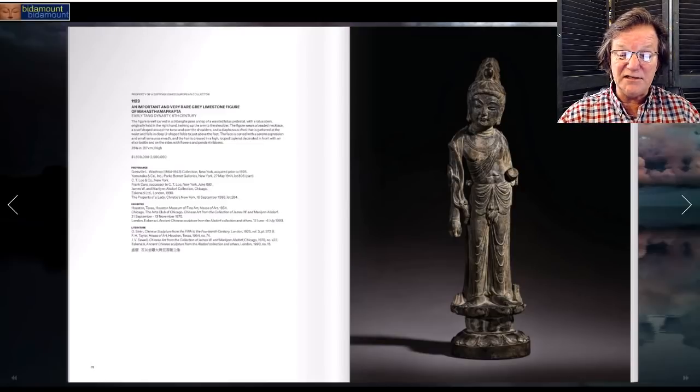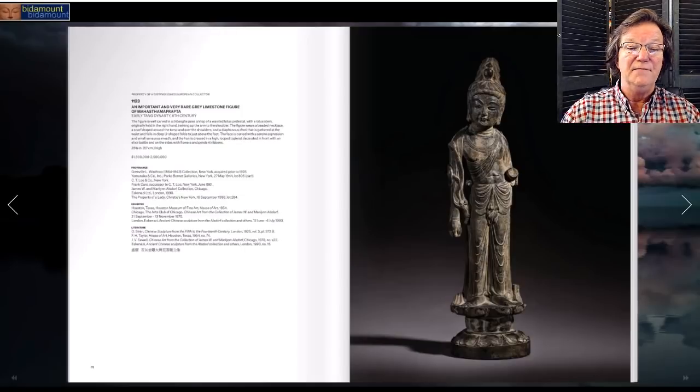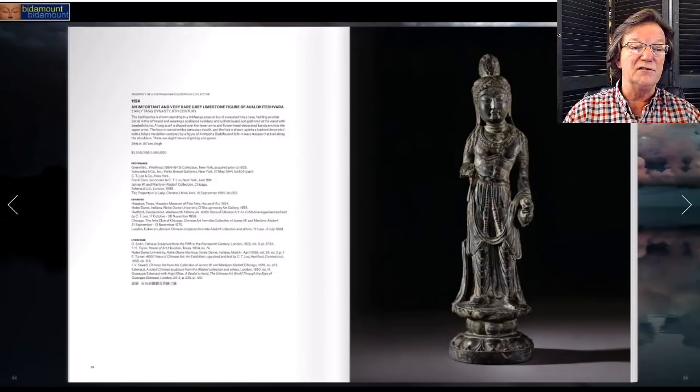And for some reason, they broke this pair up, and I really don't understand why. I think it might discourage the bidders on the second piece. And here it is. It is the mate to it. Just another great example, equally as good as the first. And it ended up selling for